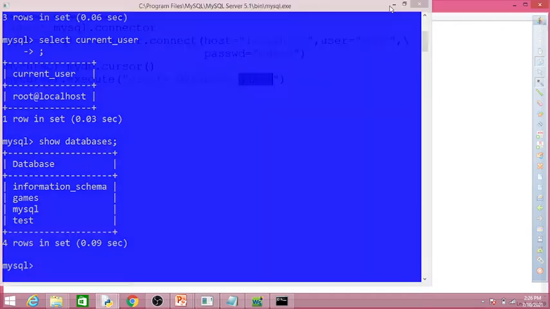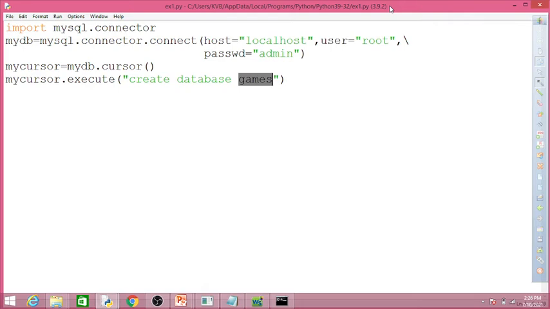So you have learned how to create any database with the help of Python database connectivity. It means we are writing a program in the Python shell and we are executing MySQL commands. It means the connection is created with MySQL successfully. Now in the next slide